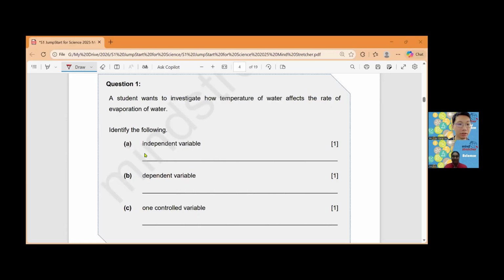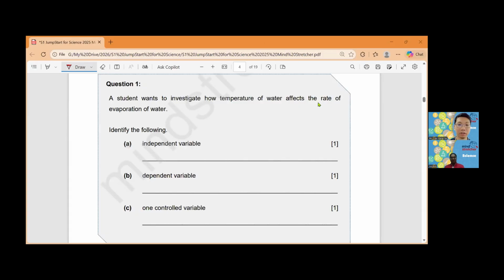Okay, I'm seeing a lot of responses coming in. Keep it up. Keep going. Now I just want to mention one thing. For the dependent variable, great, I see one correct answer. The dependent variable is usually the variable that you want to measure during the experiment. So rate is something that you can't really measure. I'll wait for a few more responses, then I'll explain in more detail. Very good. I see some correct answers for the dependent variable. Now, even though the question says rate,